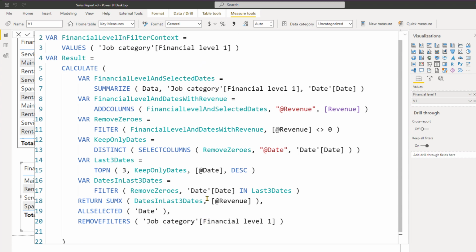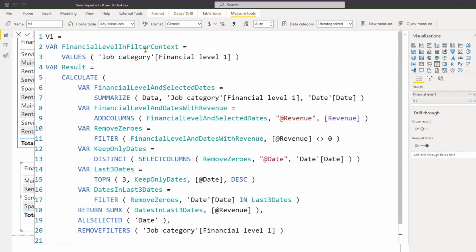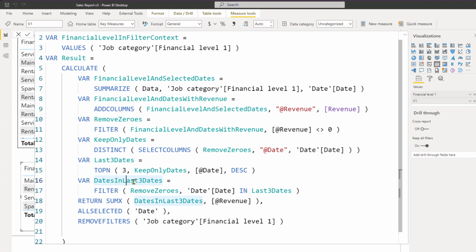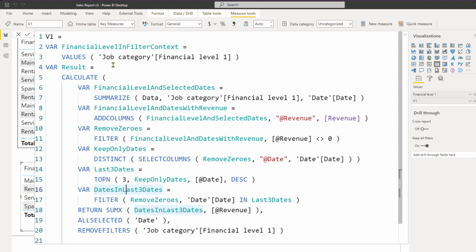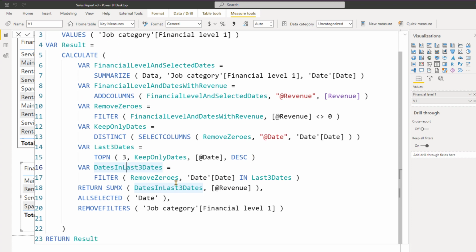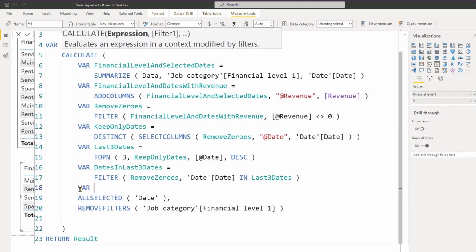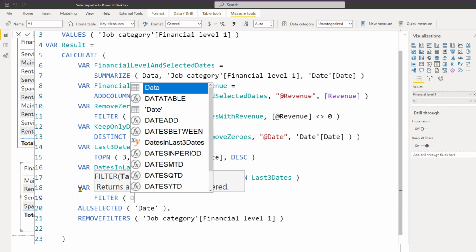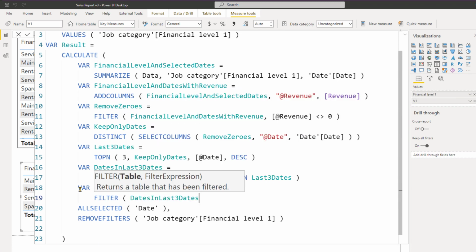So what we can do is use the variable that we have created at the start to check that each row of the dates in last 3 dates variable is actually available in the filter context. And for that, we can write another variable. I'm going to write IsInFilterContext equal to FILTER of the dates in last 3 dates variable,